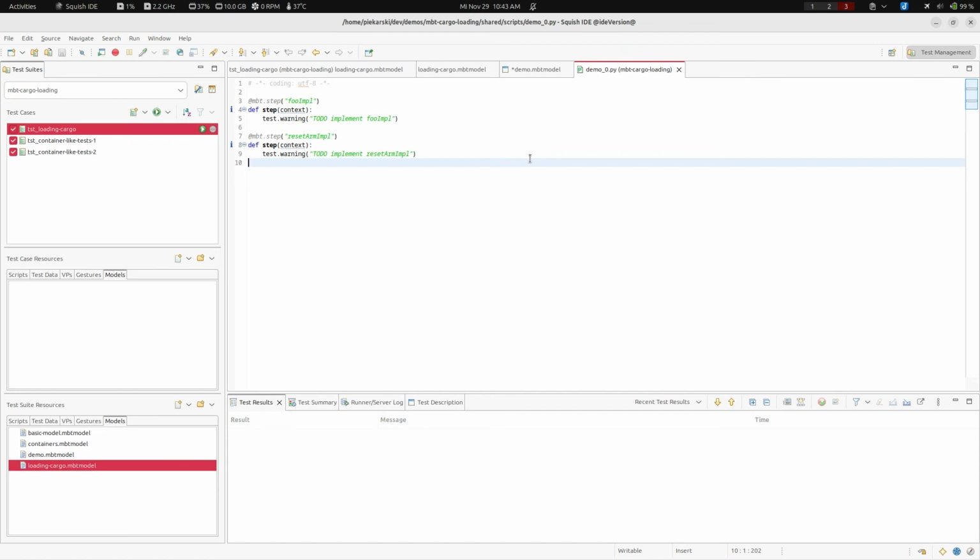We will introduce sequence diagrams and state diagrams, and also embrace a little bit more UML. And of course, with this, you have the possibility to run those tests. And it's just another way to think about your testing efforts and think in a more visual way.